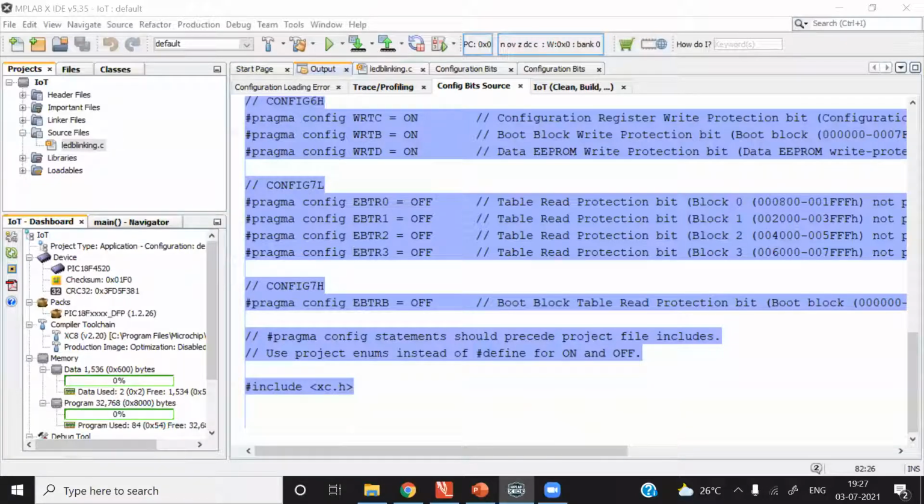There is one question from Vedanta Madeshwar. Three compilers are showing for download. You download XC8. XC8 compilers are used for 8-bit devices, XC16 for 16-bit devices, and XC32 for 32-bit devices. For PIC 18F4520, the relevant compiler is XC8.